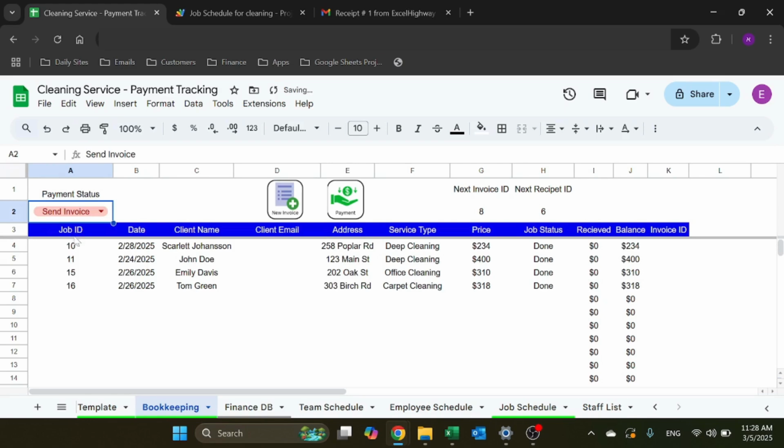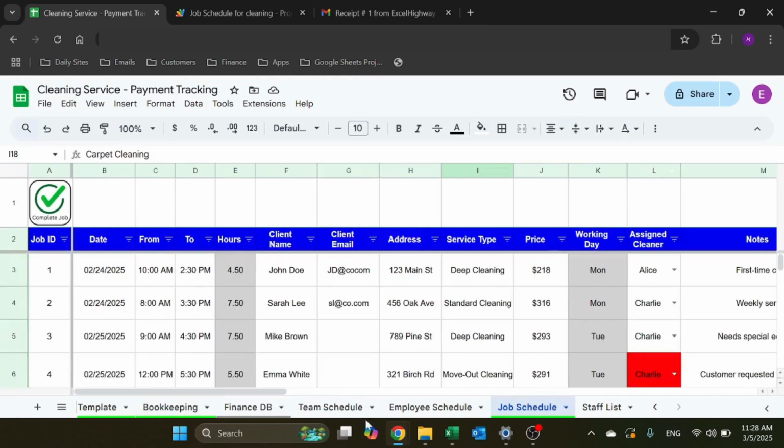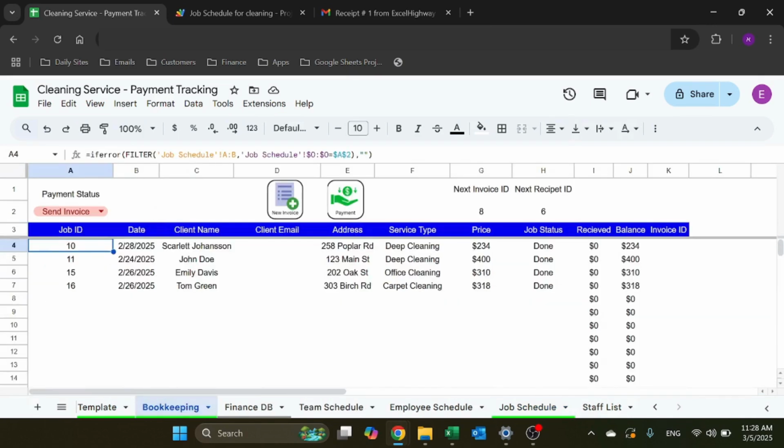Let's start with the send invoice, and let's see how this whole sheet is built. Basically, it's just simple filtering. So I'm filtering, in this case, columns A and B of the job schedule, and I'm always going to have a constant if column O equals A2. It's a very simple filter. Column O is where I have the payment status, and just show me all the rows for columns A and B, columns F through J,